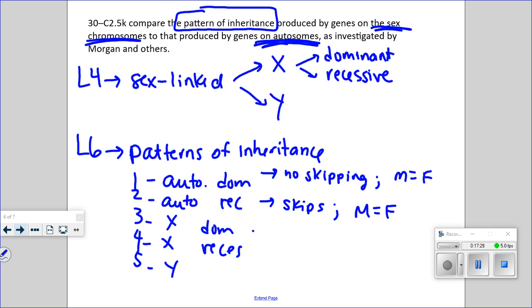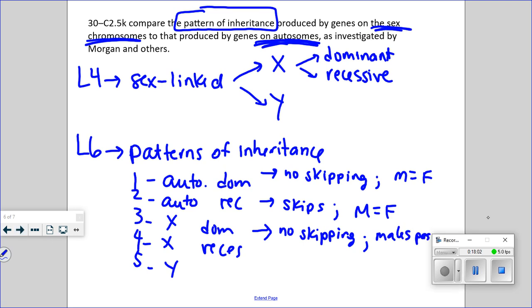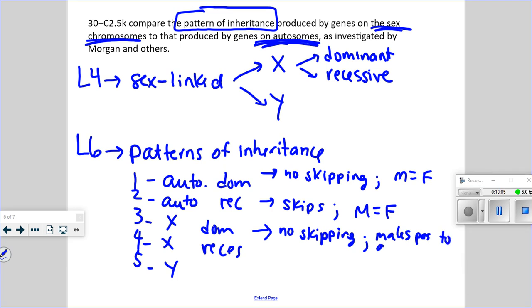For an X-linked dominant trait, remember, because it's X-linked, X chromosomes are not passed on the same way Y chromosomes are. So we should see, for example, no skipping generations, right, because it's dominant. We should see, in particular, if we consider the way it's passed on, that males pass it to all daughters